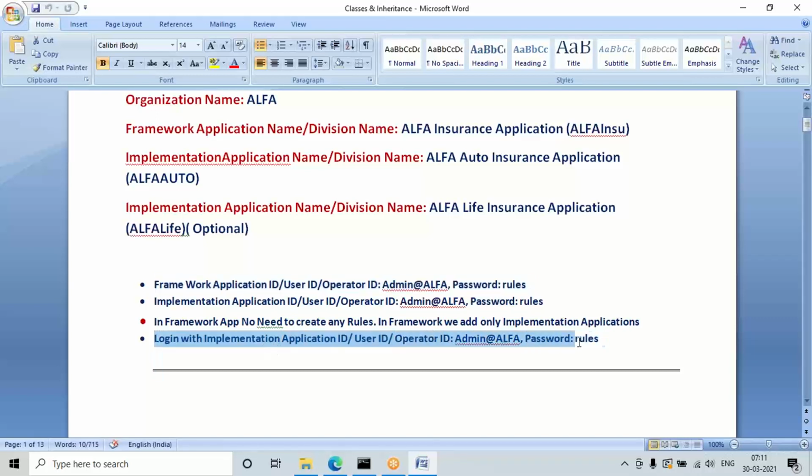If you want to add multiple implementations, only then will we switch to the framework application. Otherwise, we define the design directly under the implementation itself.